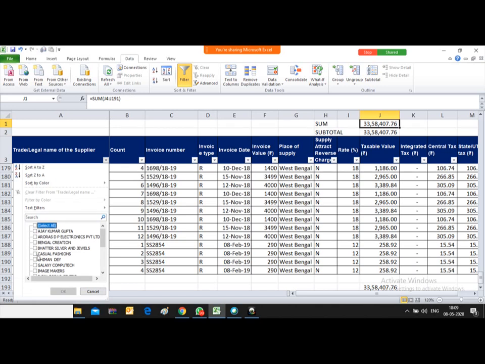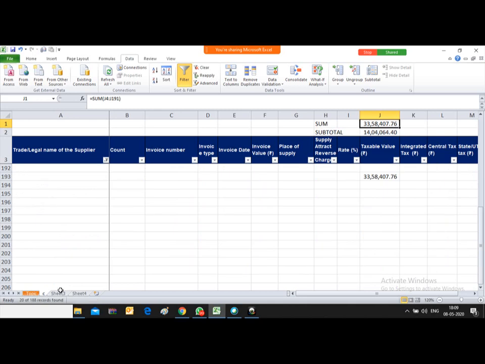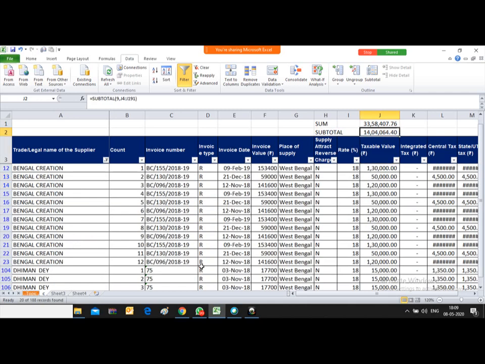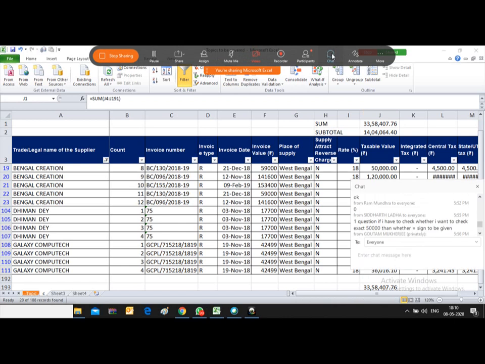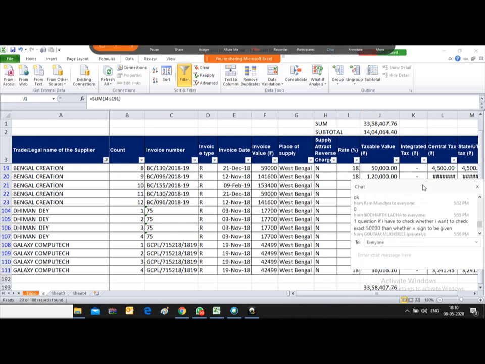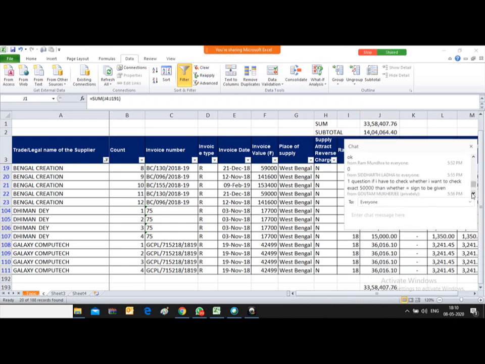Now use the filter, filtering a few parties. After filtering these few parties, you will see that under subtotal the amount is coming lower, but in the summation function the amount is as it was calculated earlier. So what is subtotal doing? Subtotal is calculating the summation of visible cells only. So friends, I hope the difference between the subtotal and summation functions is clear.